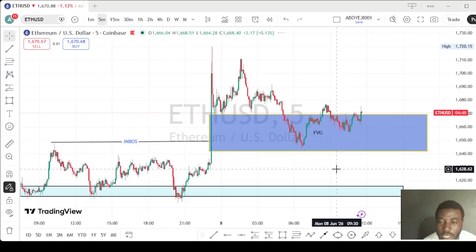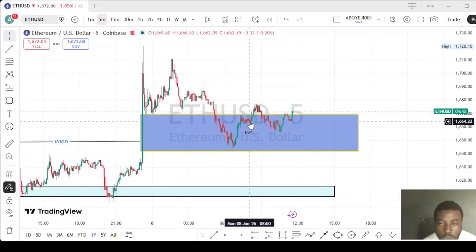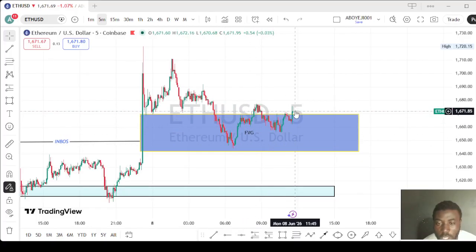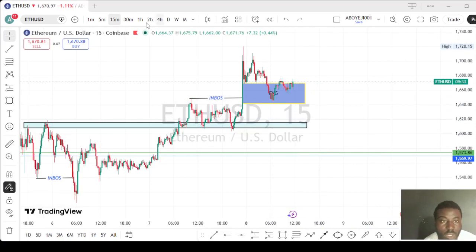Let's move to the 5-minute time frame. This is the 5-minute time frame. You can see this is a liquidity shift. This is a market structure shift, uptrend, FVG. So the market is giving us the FVG and an uptrend also. But before we can take this uptrend,